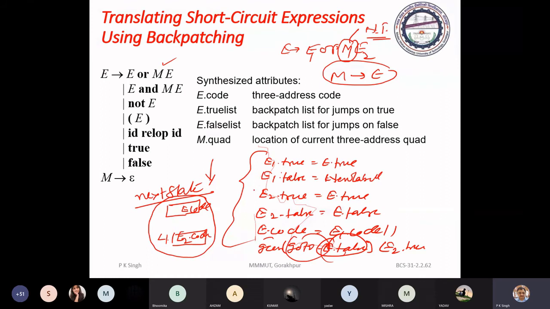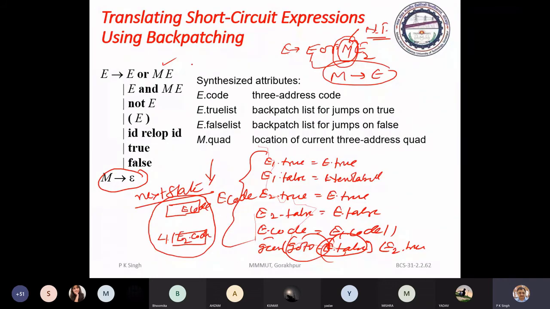So in that case it will become E code for this. So this M is a non-terminal having production epsilon. It will not take part in generation of the string, but it will be used for recording the statement number at that very junction, so that you can use that statement number for patching. Go back and patch there. Okay.